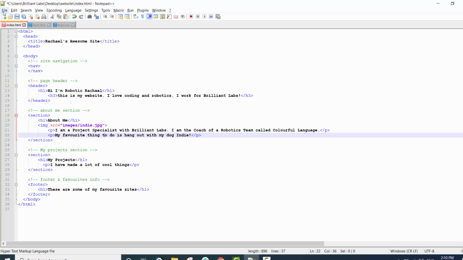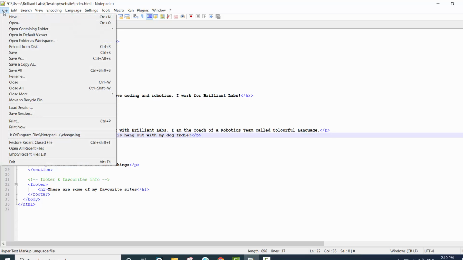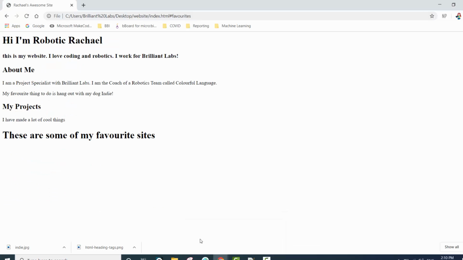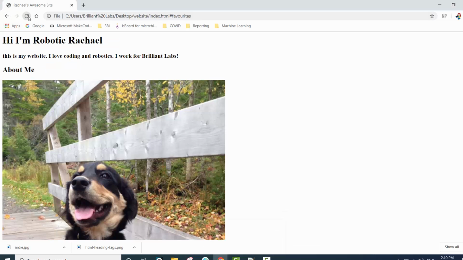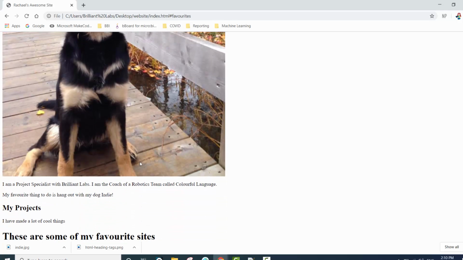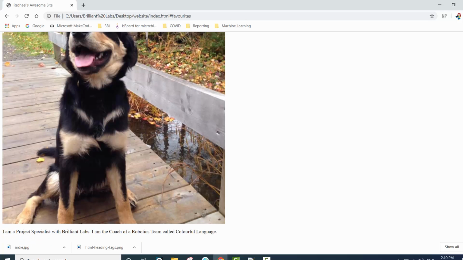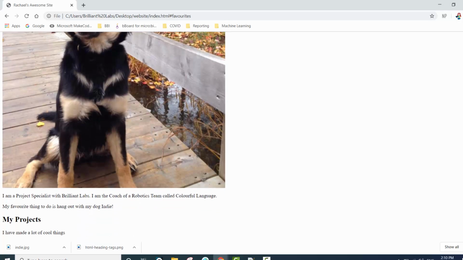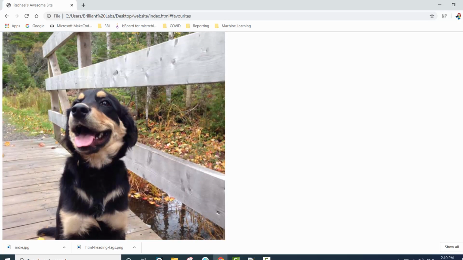So let's have a look here. We're going to press Control S to save it, or File and Save, and then open up and refresh to see what we get. Ooh, perfect! Now we have About Me, Indy's picture, and then the information about me. We'll change the sizes and stuff like that a little bit later. We just want to get our content in there now. So next up, I think we're going to talk about